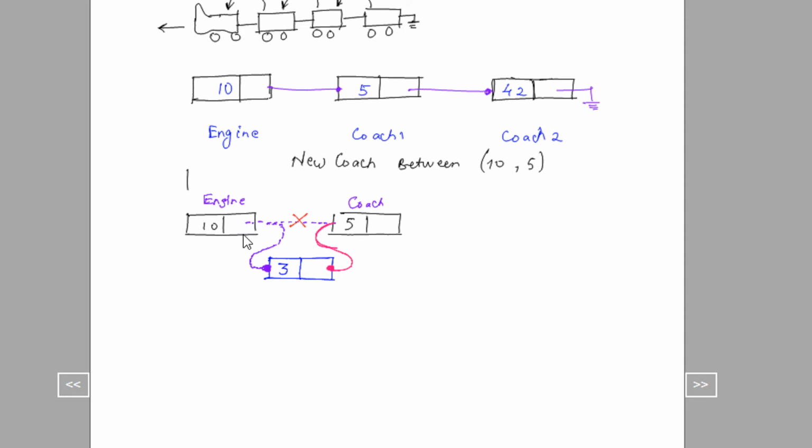So the joint between coach number 10 and coach number 5, I just took it off and plugged the joint into this 3, and then I made this particular joint join the next coach. So this was basically my new coach, right?